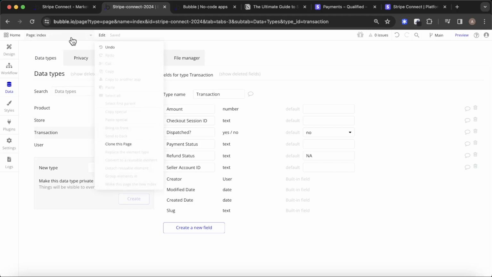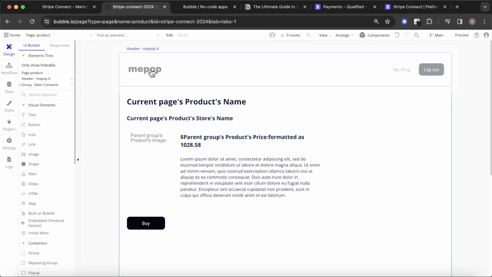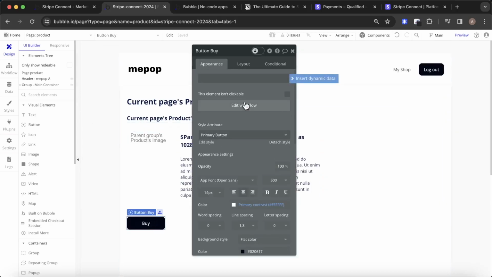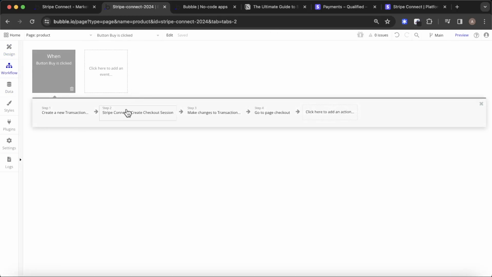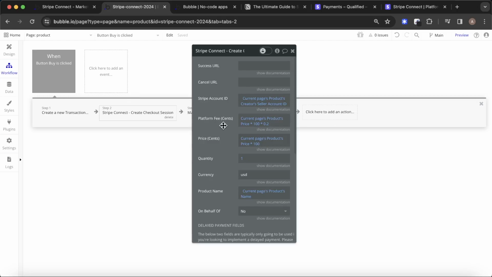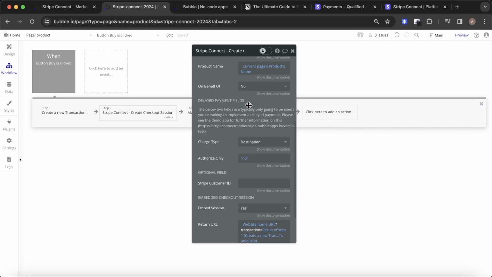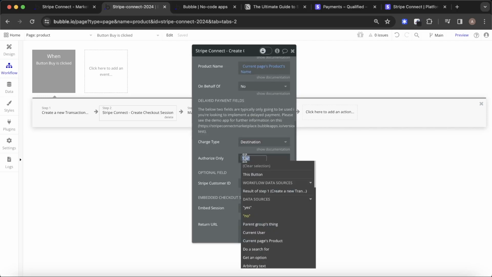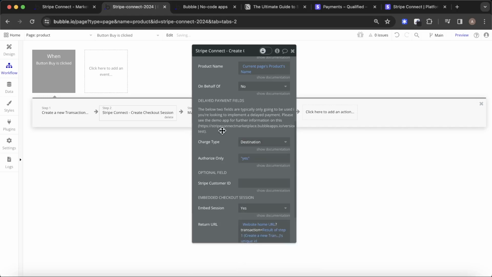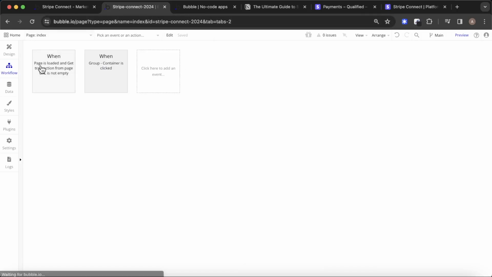go back to our product page and the buy button there specifically, because implementing this kind of hold on a payment is actually really easy, especially given we've already set up the checkout session creation process and all that. All we need to do is go down to the delayed payment fields here and change this authorize only from no to yes. And what we can do is if we go back to our index page and we just run as a customer again,